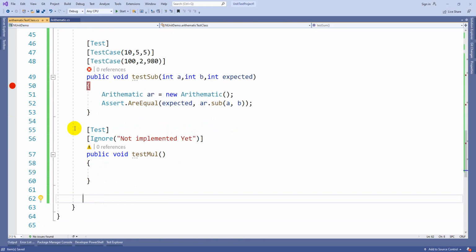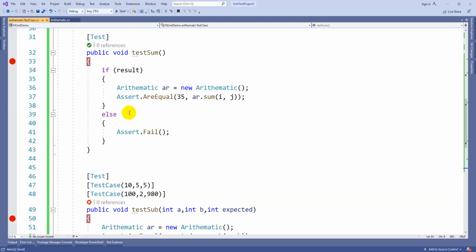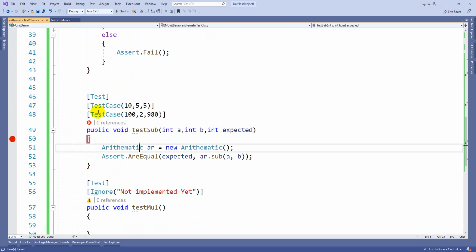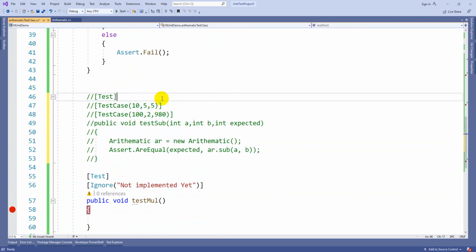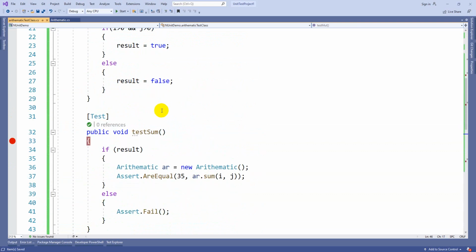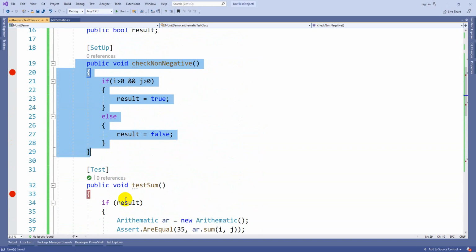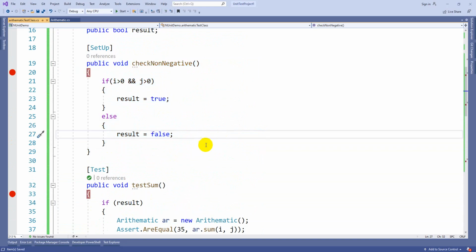We are ignoring multiplication, just target this sum method. I can make this a comment too. Let's target the sum method so that you can understand whether this is executing before executing this or not. Not only for sum, for every method, before executing that, it is going to execute this code.